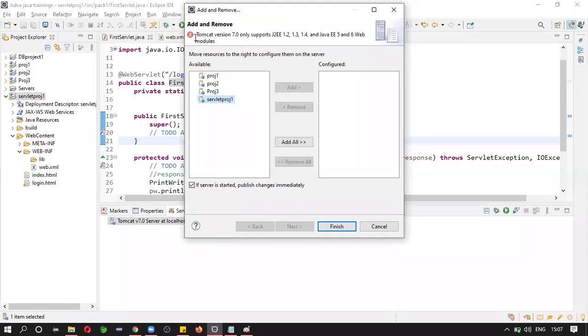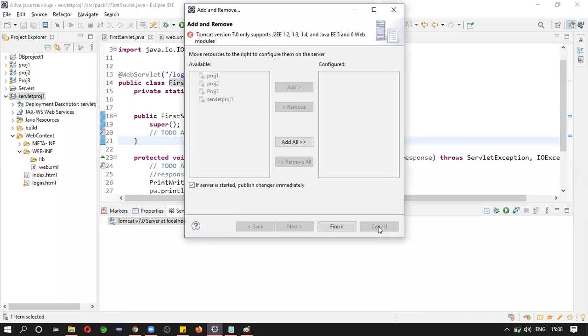I think here we are facing a compatibility issue. What it is saying is that even servlets have some versions. Tomcat 7 is a very old version, so it only supports servlet versions 2.1 up to 3.0. Anything beyond that is not accepted.